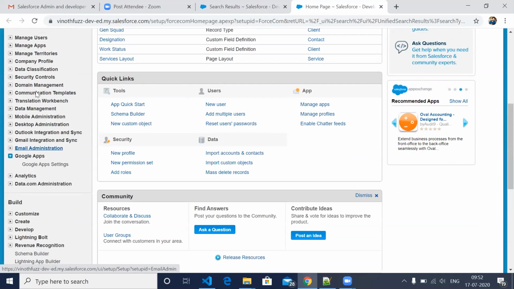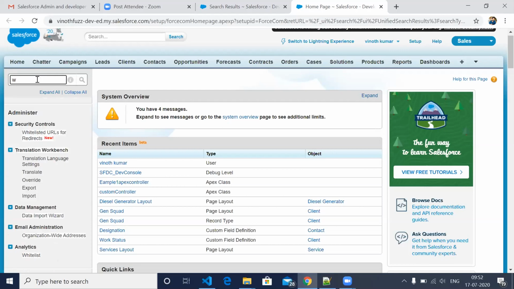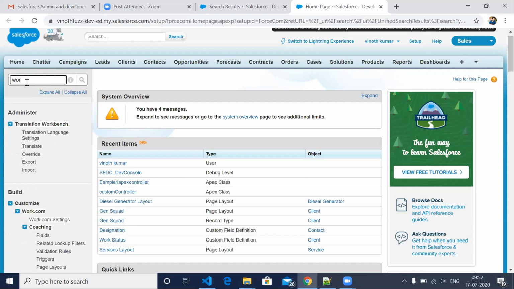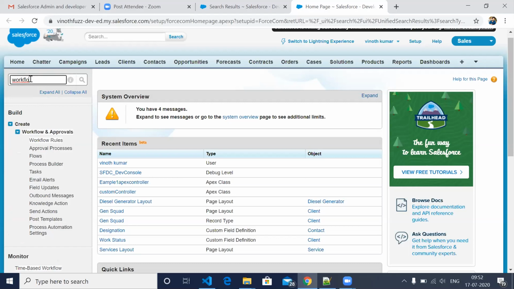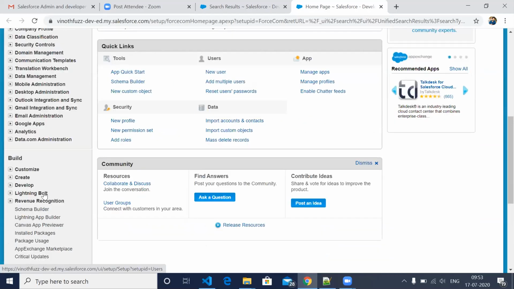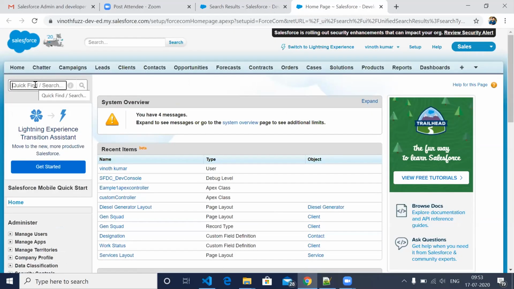So you can just type it here to check this left side column. This search is different, this search is different. This is for only the left side search. You can just say workflow. I want this workflow, so I just typed it. But if I go and check it here without searching, it will be very difficult for me to find it. So always in real-time projects, in companies everywhere, you will use this search only to check and open everything.